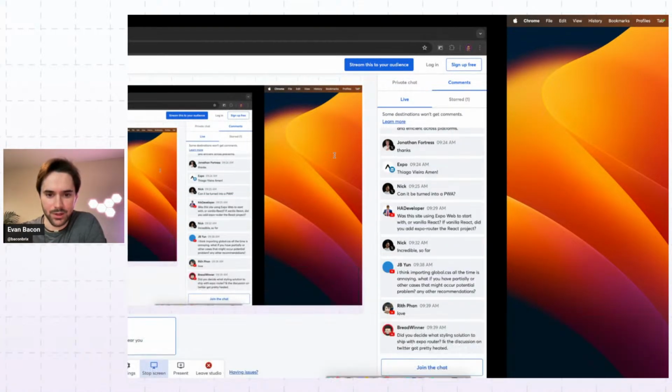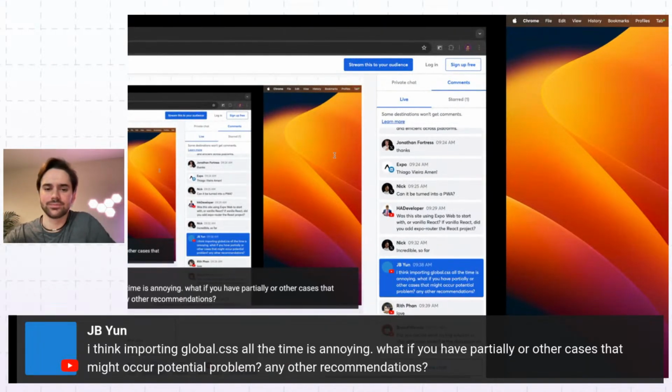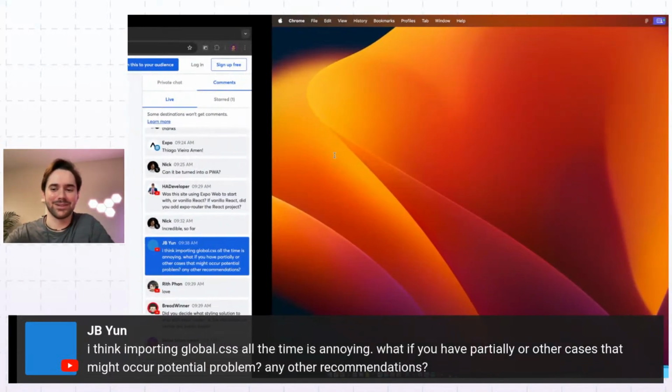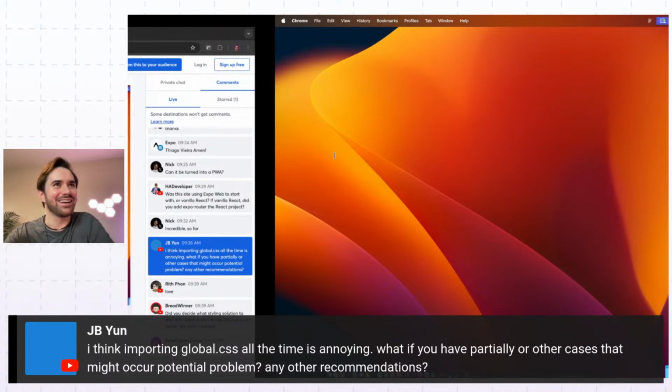I think importing global CSS all the time is annoying. What if a partial other class? Yeah, so I also think it's kind of annoying. The way that this works on, let's see, I hope this screen thing I'm doing here isn't too bad. I also think it's kind of annoying. I think maybe we could have something